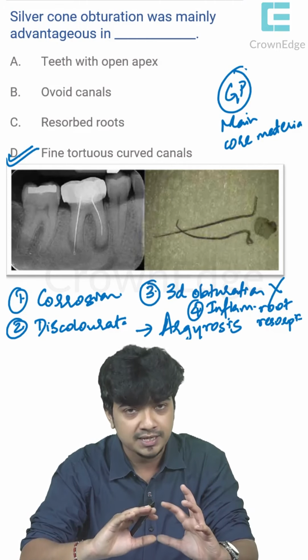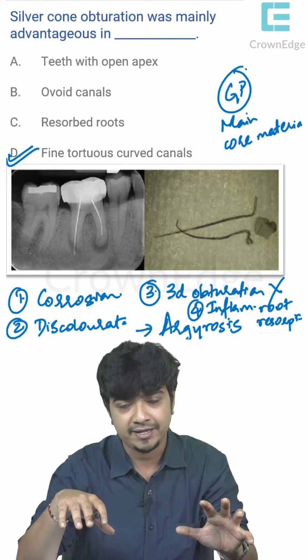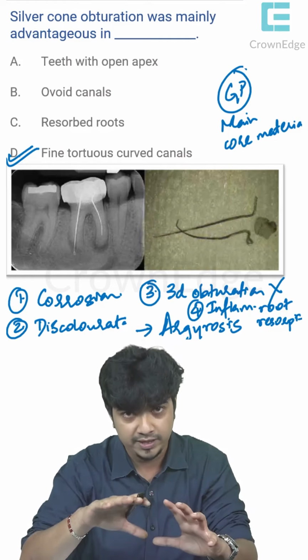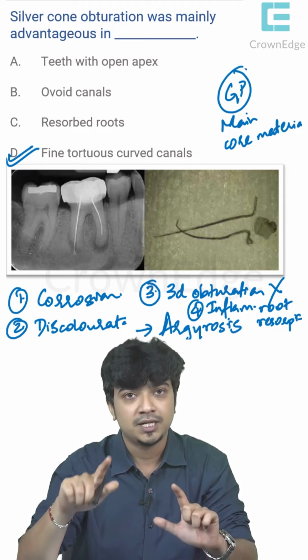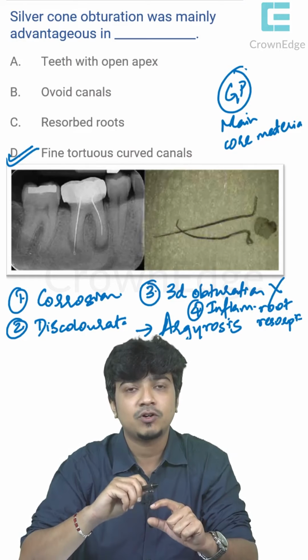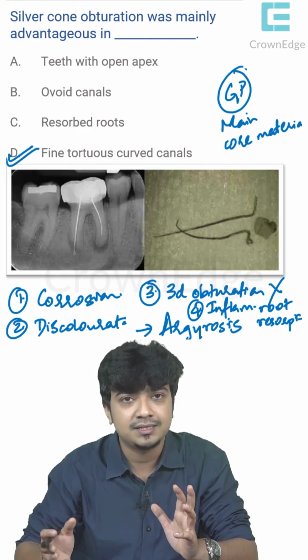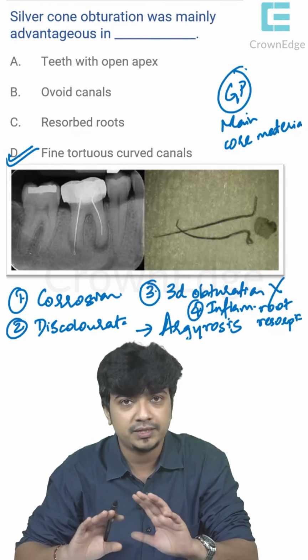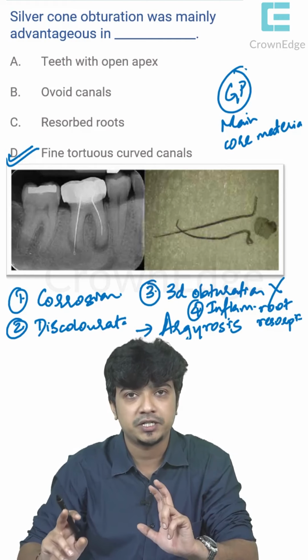When it is not causing any harm, you do not need to replace it. But in case there is any reinfection, in those cases only, silver cone obturations have to be shifted on to gutta percha. So if they do ask a question in the sense that silver cone obturations, should it be prophylactically removed? The answer is no. If there is no issues, it should not be removed. It should be left in place and the coronal restoration can be done.